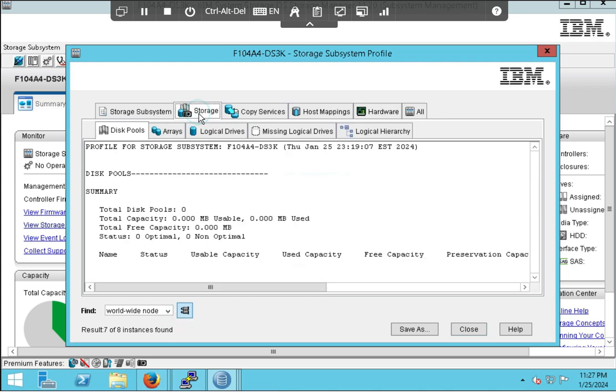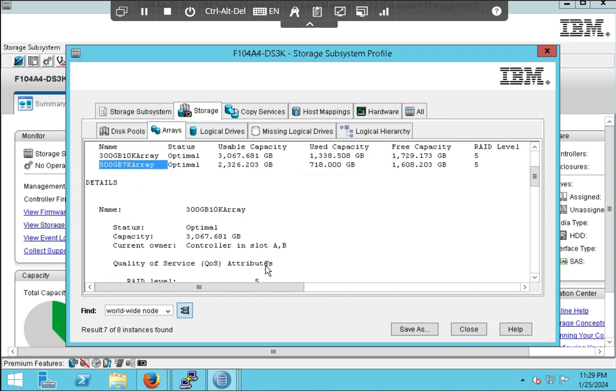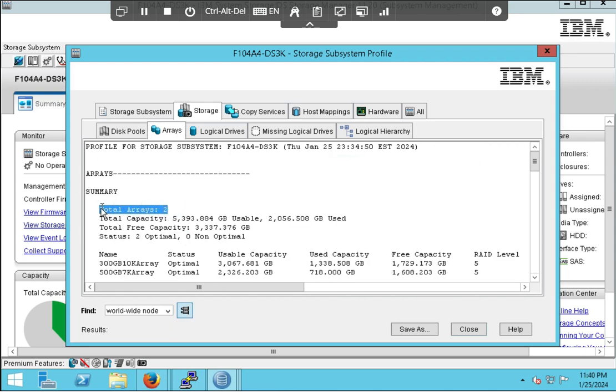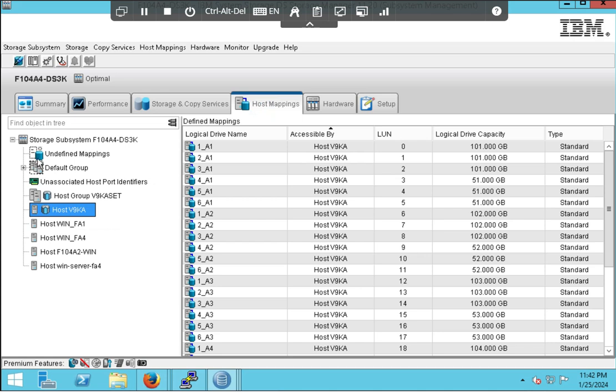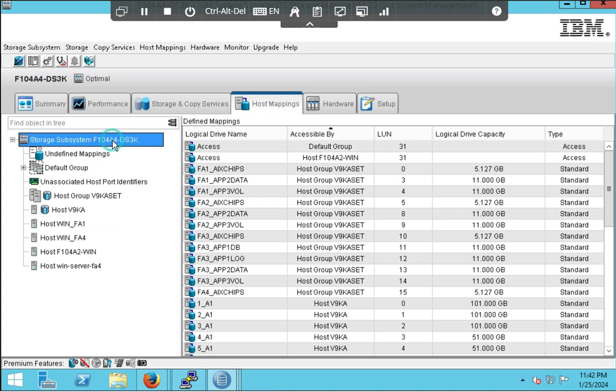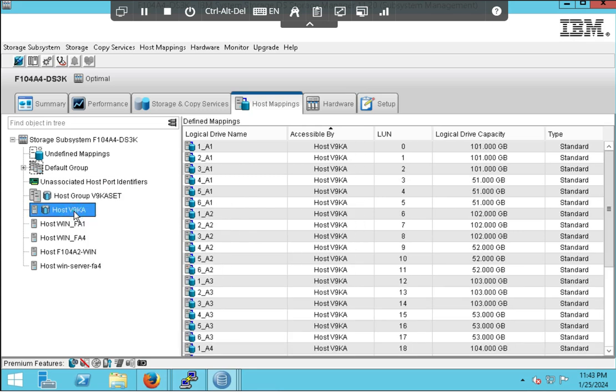Next, switch to the Storage Array tab to observe how many arrays are defined on this DS3000 system. After making a note of this, close the profile window. Now let's verify the LUNs presented to the FlashSystem V9000. From the DS Storage Manager, go to the Host Mapping tab. Under the default group, confirm the V9000 is defined as a host group named